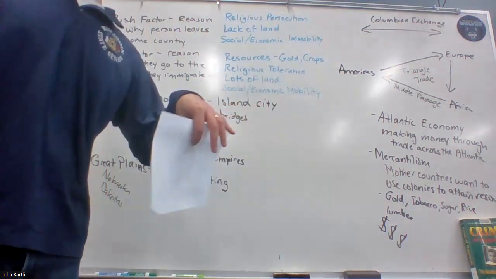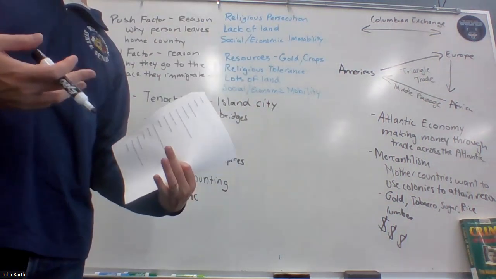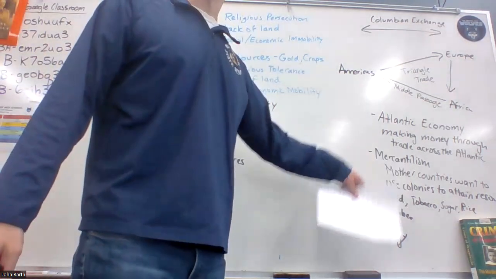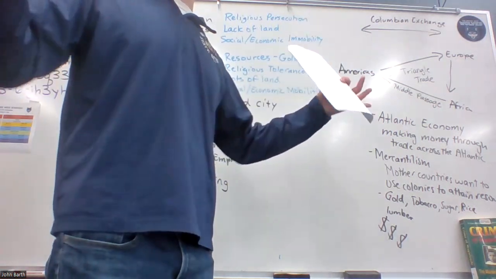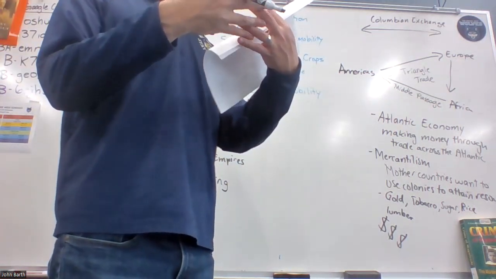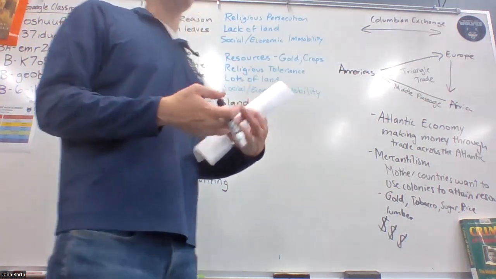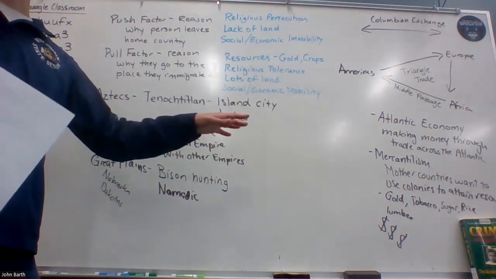And mercantilism is all about the more money you have, the more power you have. The more money you have compared to the other mother countries, the more power you have over them. Remember, all these countries like France and Spain and England are competing with each other. And so if they have more money, they have more power and can use that power against the other country. Does that make sense?